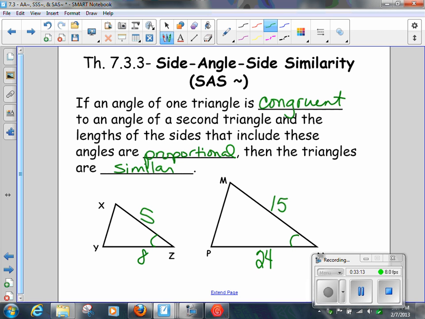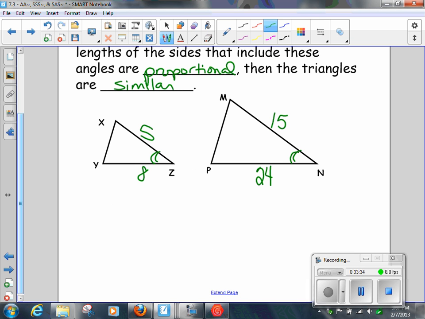How can I check? Are they marked? Yeah, they are. I could put 2 little tick marks. Are my corresponding angles congruent? Yes, they are. How do I know they're marked congruent? Okay, so I would write, my first way to prove is that angle Z is congruent to